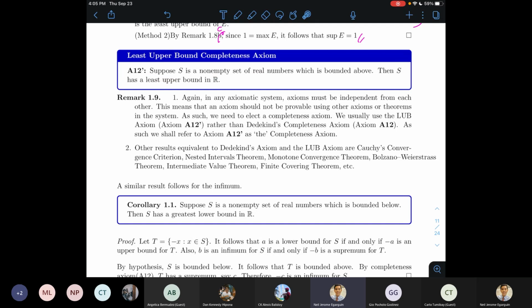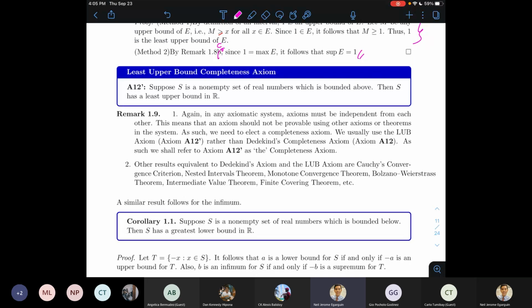Sinasabi niya lang, walang butas yung set of real numbers. So between any two real numbers, there is another real number. Hindi natin kayang paghiwa-hiwalayin yung mga real numbers. That's why we're able to represent the set of real numbers using the real number line. So remember, ito yung properties ng real number line. So